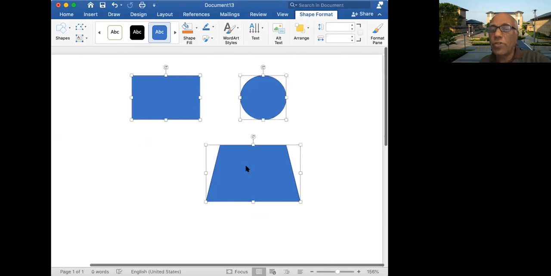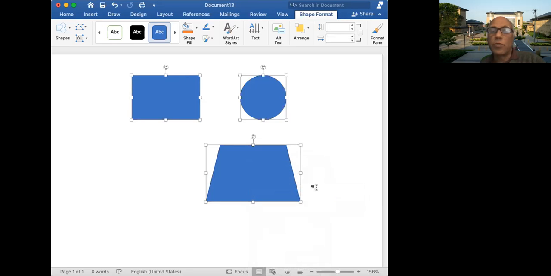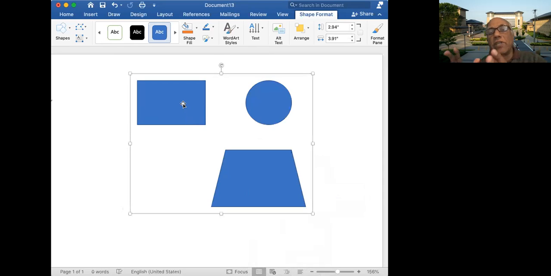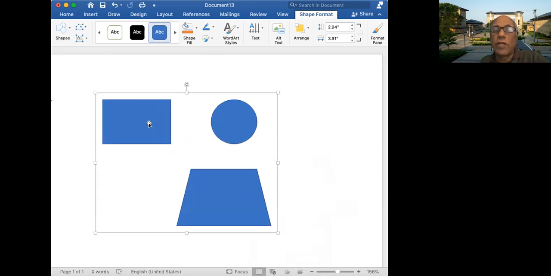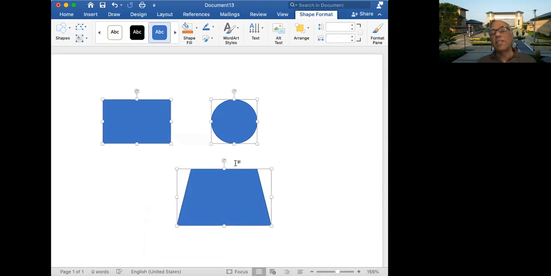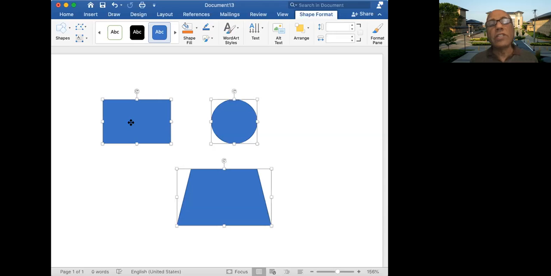Or even more interestingly, I can right click them and then say group, I don't know if you can see this, and press group. So the whole thing is now a group. And if I save this document, they will go together, right? I can ungroup that by right clicking and selecting group and then ungroup, so that they are now back to their individual shapes. So I can do all this